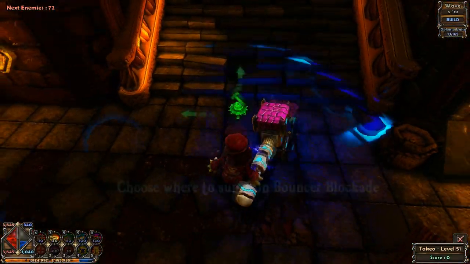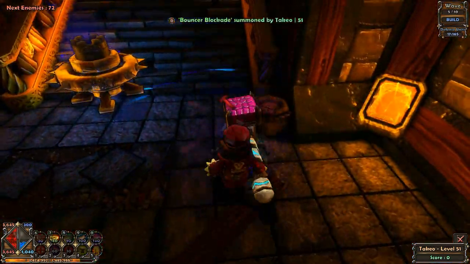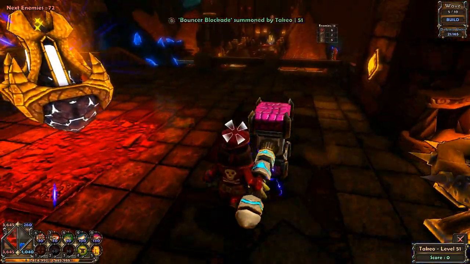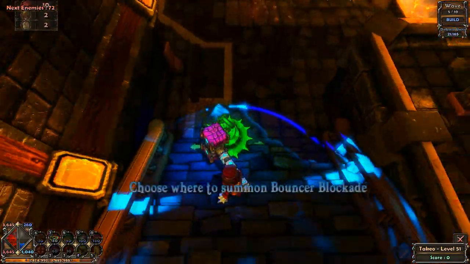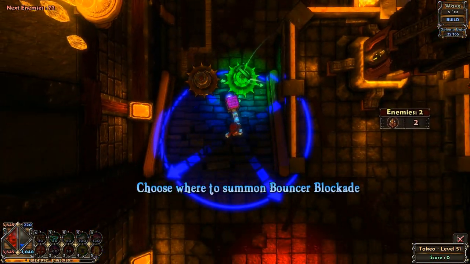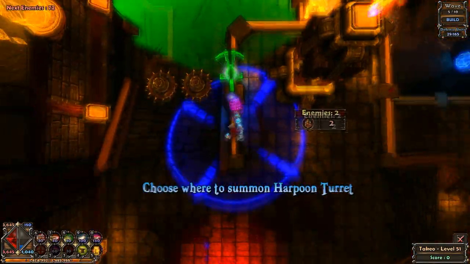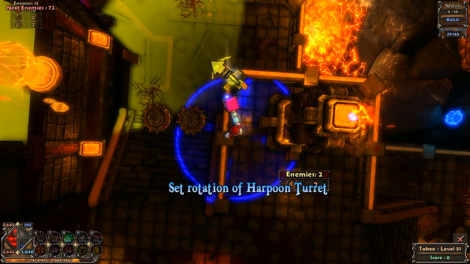Speed it on up, and we'll be walling off this side with bouncer blockades, like so. And these stairs also with bouncer blockades, like so. Gonna hop on up and throw down a harpoon turret, angled so that it'll be able to hit